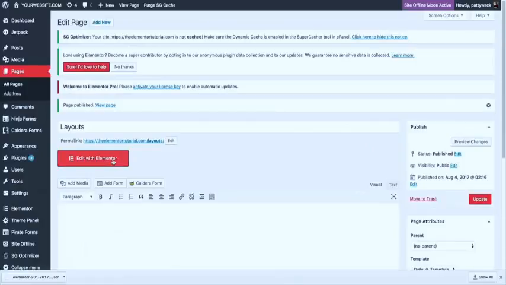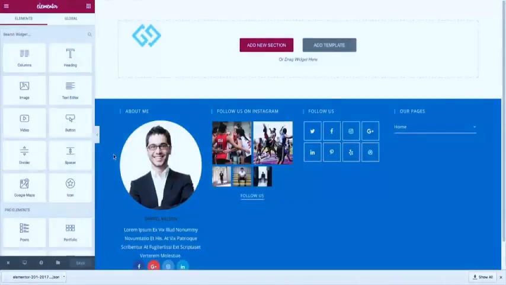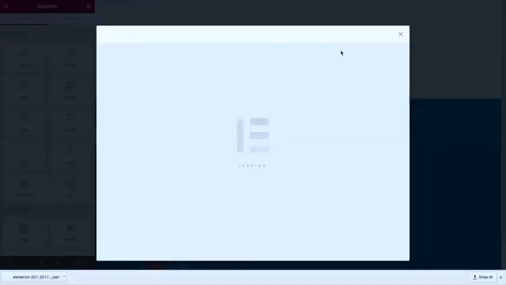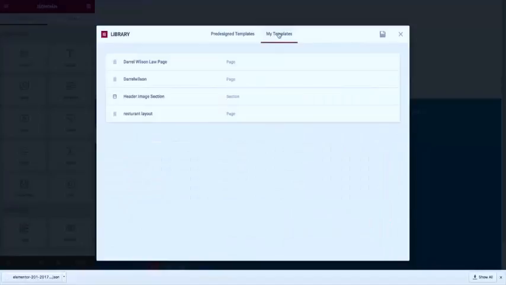So right here, I'm going to click on Edit with Elementor. So I'm first going to show you all how you can use the ones that we saved onto the library, and I'm going to show you all this bottom left one right here on how you can actually import that onto another website, domain, or a different part of your website. So here, I'm going to click on Add a Template. Now right here under My Templates, you're going to see header image section, insert,